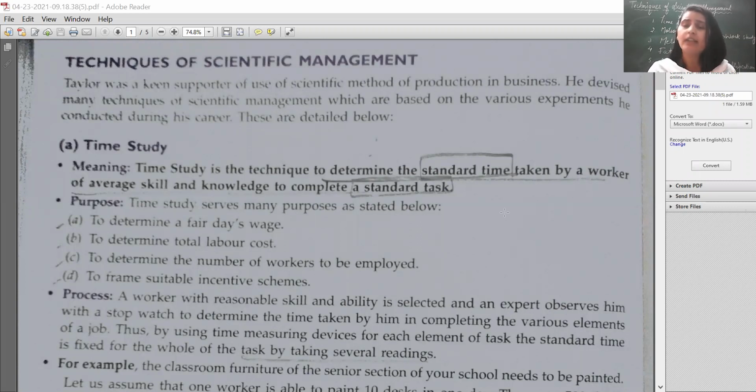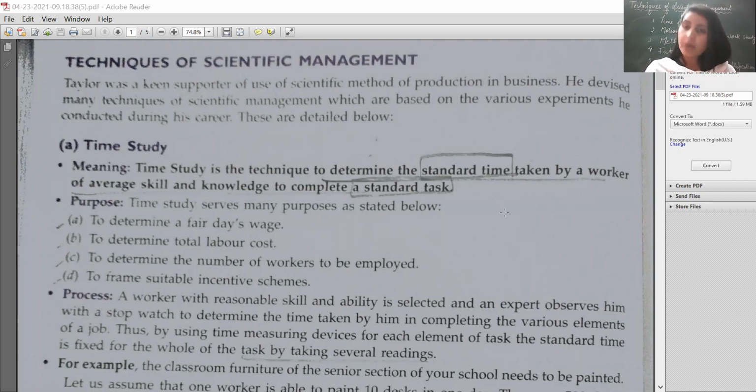Why do we study time study? What is the objective of studying time and then giving the target, that okay, you will get this many minutes to do it? What is the purpose? Number 1, to determine a fair day's wage. If a person is being given the work of manufacturing 2 boxes per day, and he has done that, then that is a fair day's wage. So whatever wage is fixed, we will give it to him.